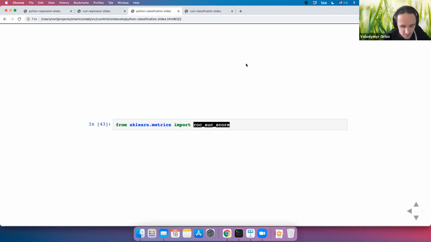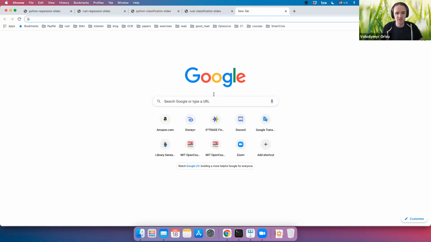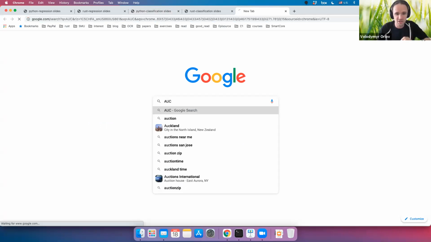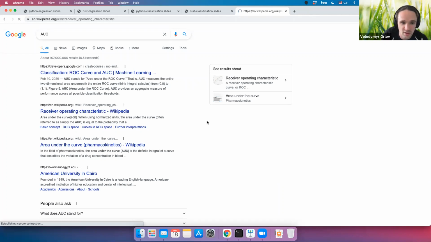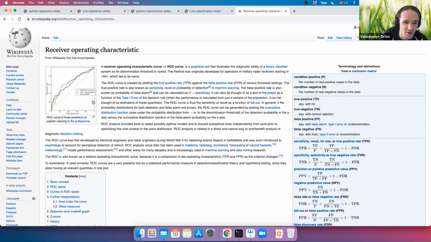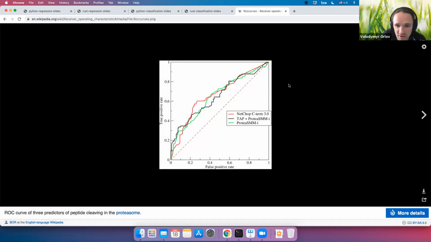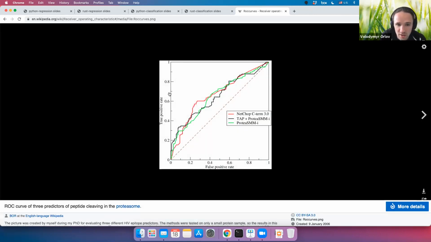Anyway, I was thinking about how to explain this function better, but maybe it would be a little bit easier if I show the curve here. So if I make it bigger so that everyone can see,